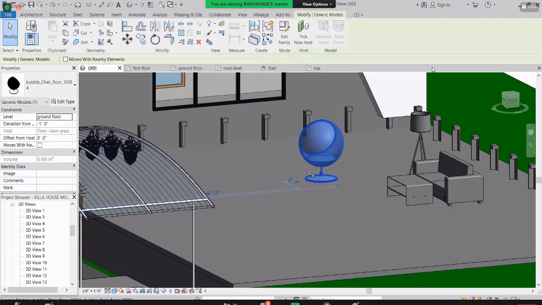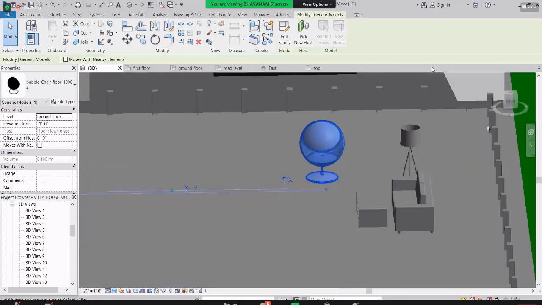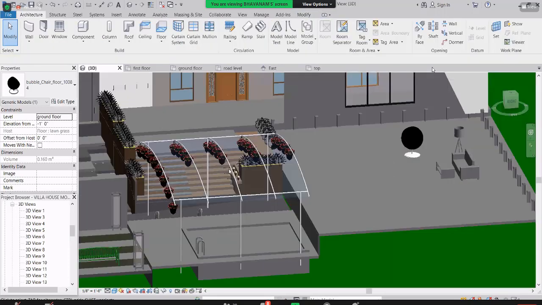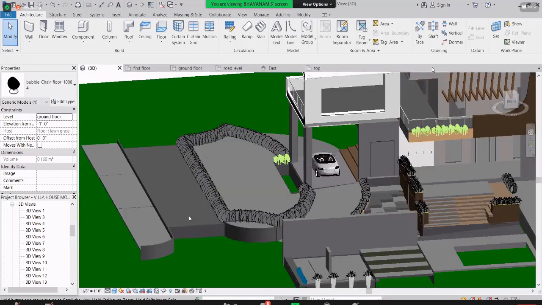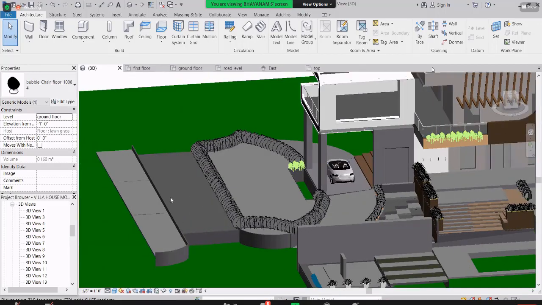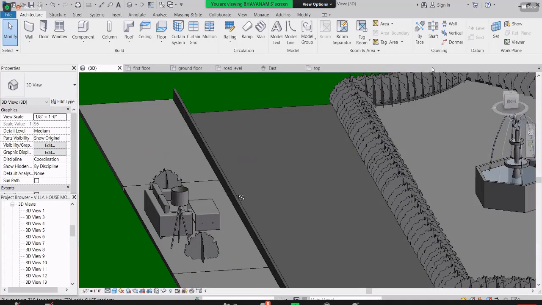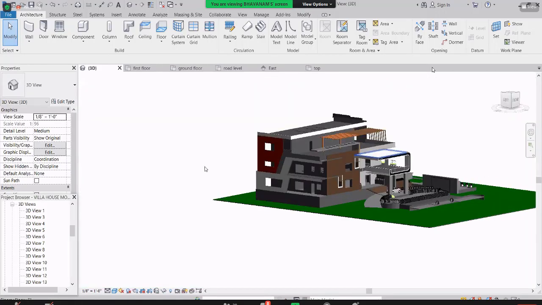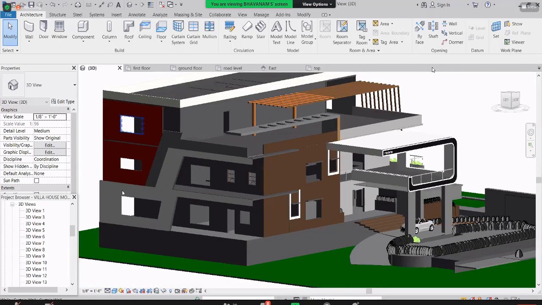Once you select it, you can rotate it, and only that part will rotate. So this is a chair actually, and here is a lamp. And if you come here, this is a garden, and guys see this, here also we have a sofa set. Let me show you in another way. Yeah, see this view. See how beautiful we made that elevation.